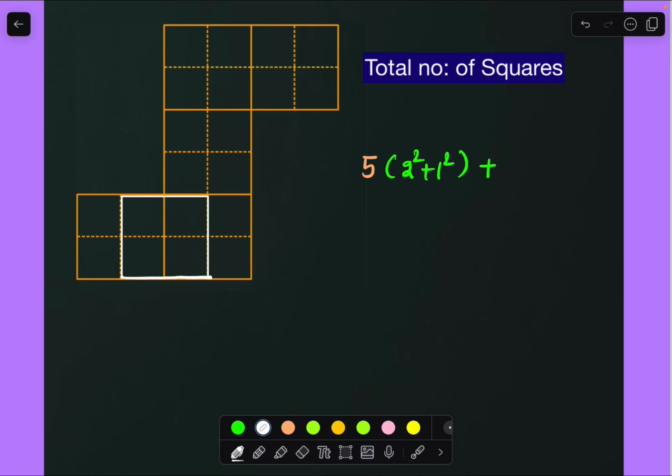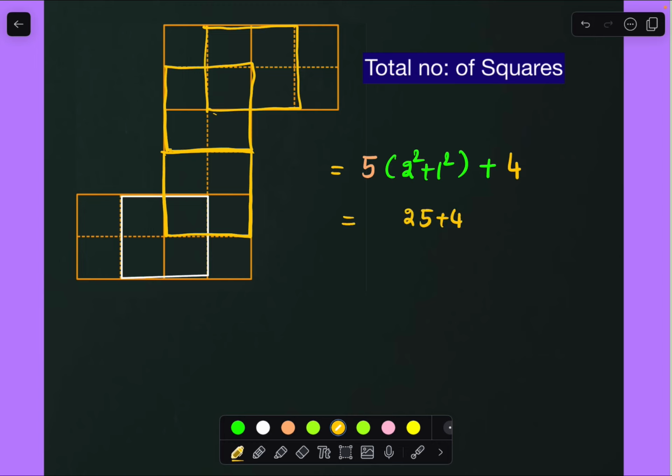So like this, how many will form, we'll check it, right? So here also we'll get one additional square grid. So we got 2, and here also it is an additional square only, we'll get 3, and here it is an additional square, we'll get 4, right? So 4 squares we got here additionally, and in total 5 into 5, 25, 25 plus 4, we will get 29 squares in total, right?